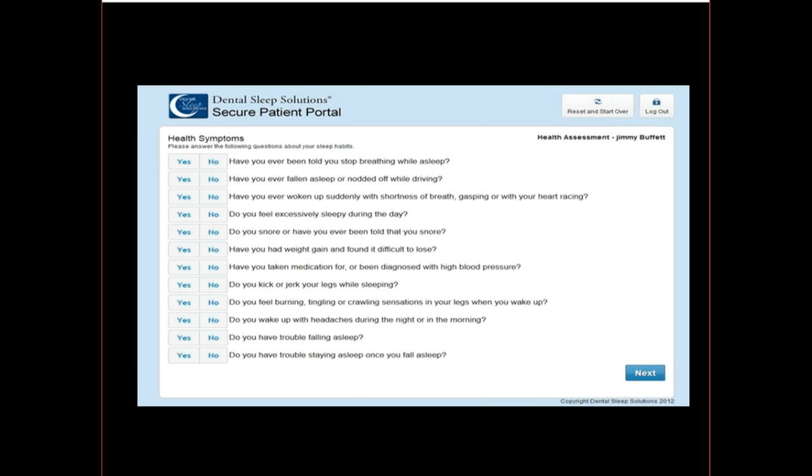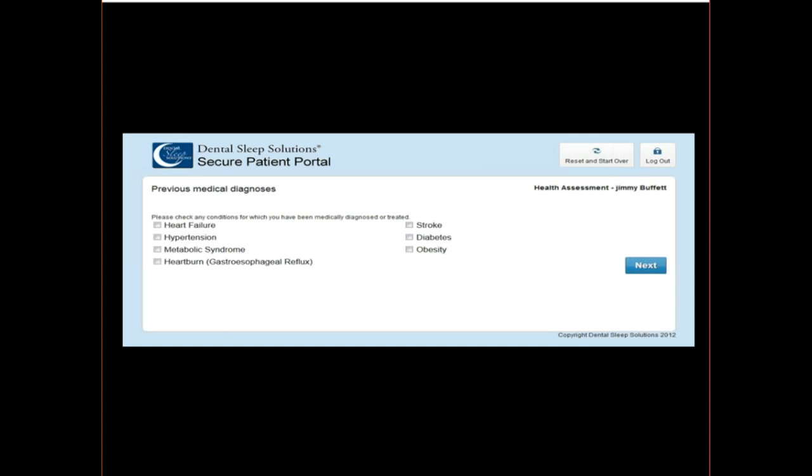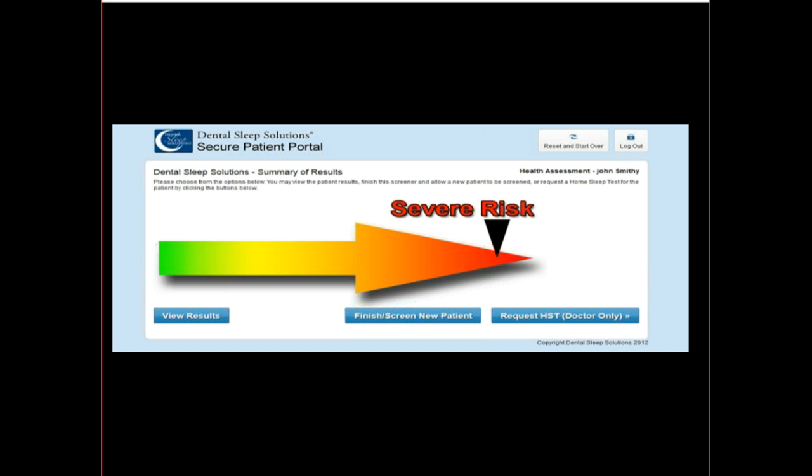There's some other questions that are from the American Academy of Sleep Medicine's screener forms that they answer yes or no to. And you know, again, it's really not about the form. I like this digital format mostly after we get through the last page, which are comorbidities, when you'll understand where these fit in a little bit more in a moment. My favorite part about this digital screener over paper is the patient has a computer basically in their hand that says, oh, I'm at severe risk, and we intentionally